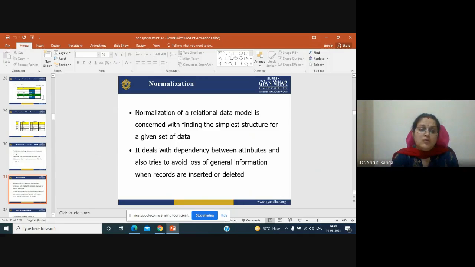Okay, when we go for the normalization, everybody wants that the information needed should be there and the rest should be removed. But while we are inserting, it may be that there are records needed by the examination section, and details of the same student needed by the placement section.